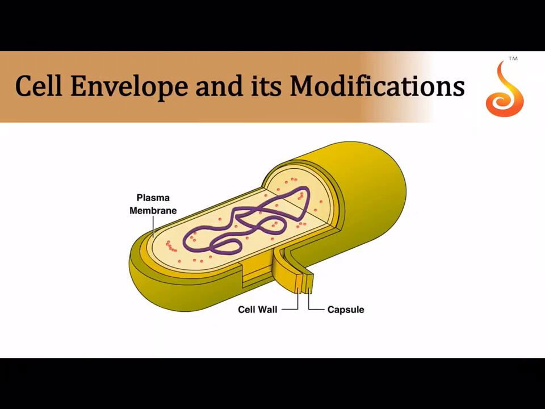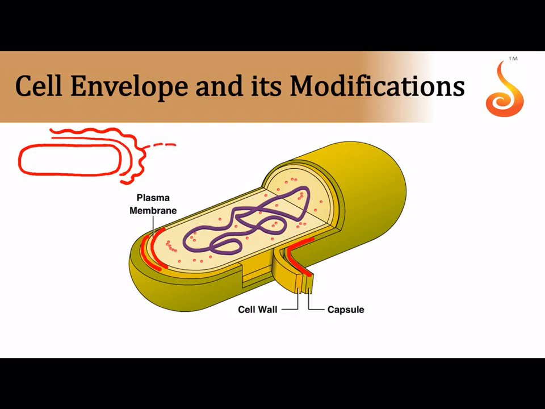Okay. Then, if you take a prokaryotic cell, it has three coverings. The inner covering is referred to as the plasma membrane, the middle covering is referred to as the cell wall, and notice this green covering on the outside, which is called the capsule. So, if I take a bacterial cell, it will have a cell membrane to begin with, then a cell wall on the outside, and then a covering on the outside, a capsule. Now, notice there are two types of capsule.